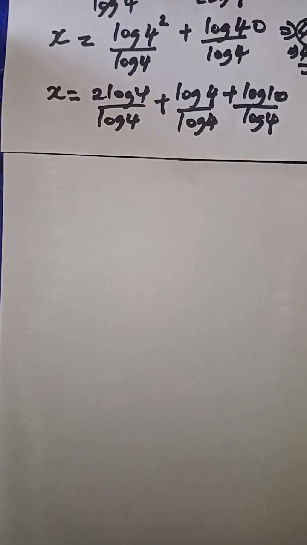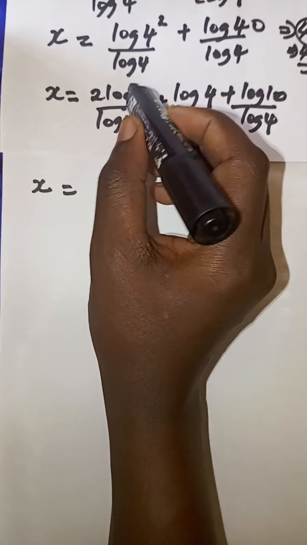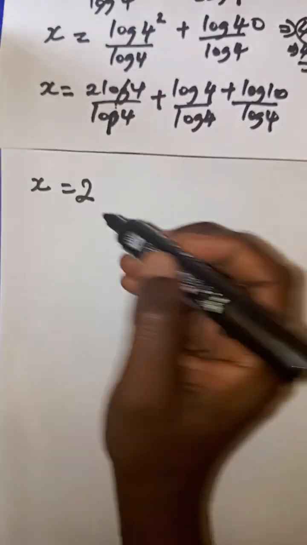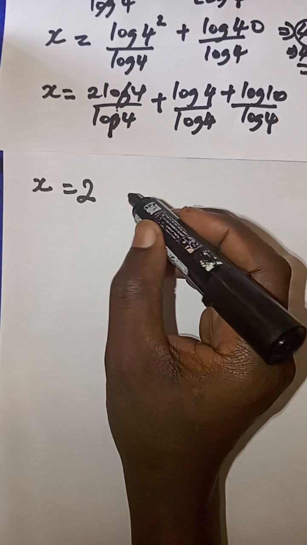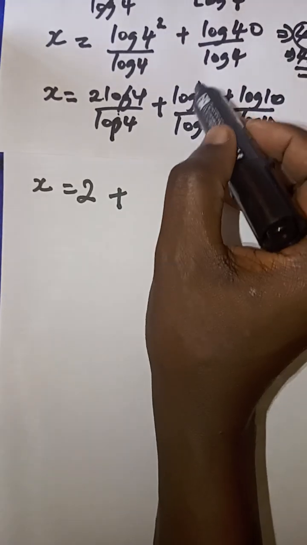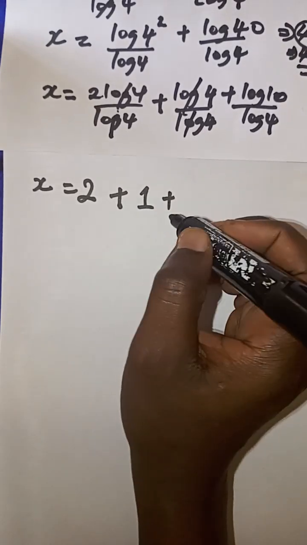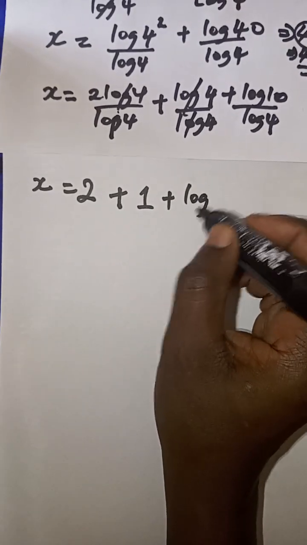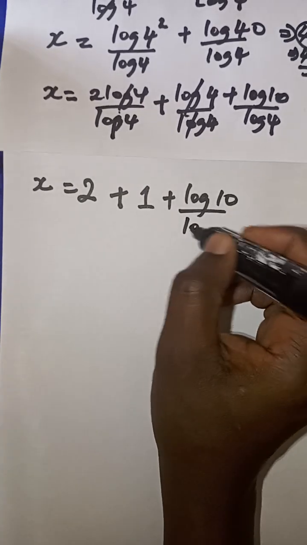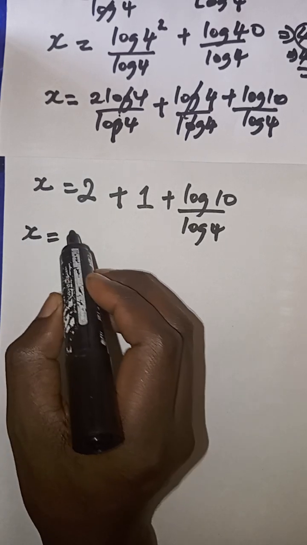So when I simplify this, I'm going to end up with x now is equal to 2 plus, of course, when you cancel log 4 and log 4, you're going to get 1, plus the log of 10 divided by the log of 4. Simplifying it again, I'm going to get 3